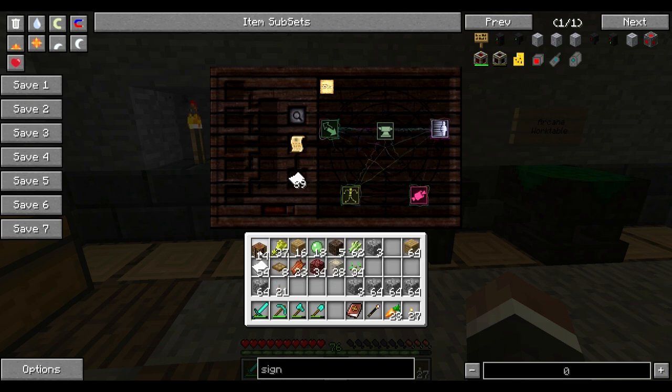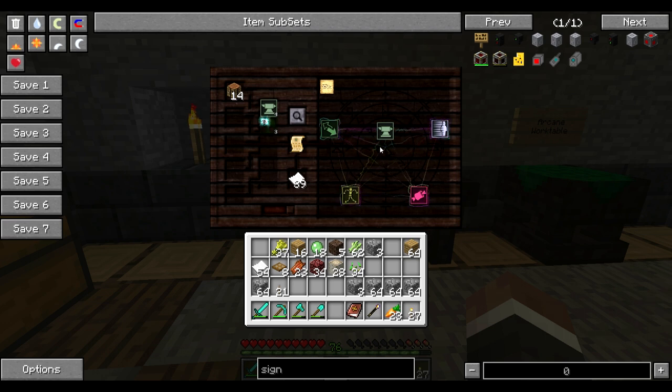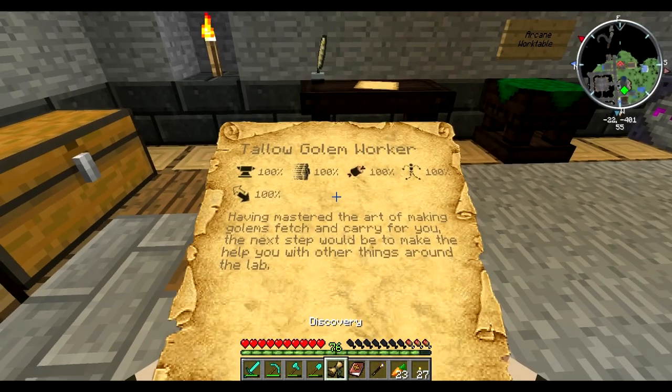This one actually took our crafting tables, right? Yeah. So this was from another one. I forget what research we exactly did to get Fabrico. But this will give us our tallow golem workers. Mastered the art of making golems fetch and carry for you. The next step would be to make the help you